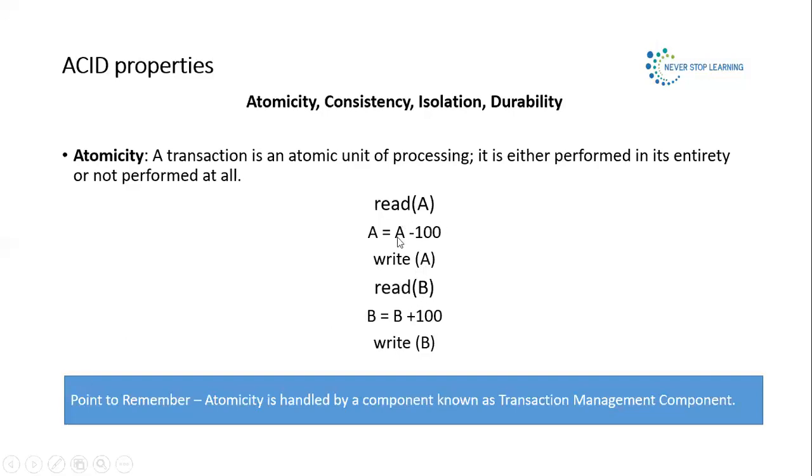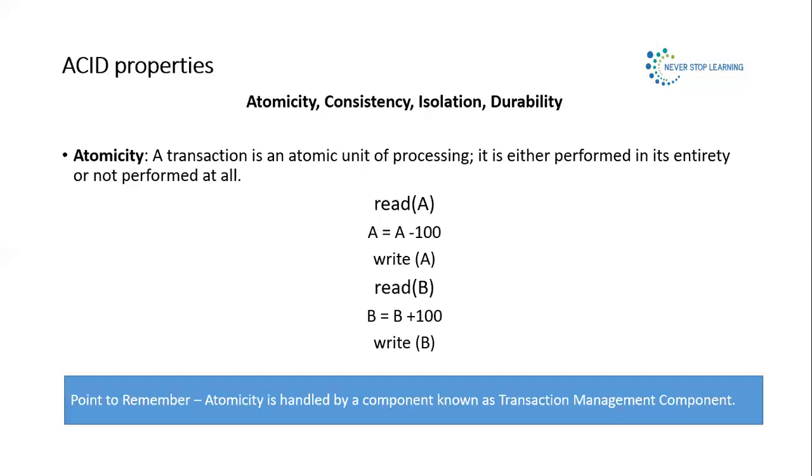Failure occurred. So the amount was deducted, but because of the failure, the amount was not credited. So what will this atomicity property ensure? It will ensure that instead of that 900, the value of A will again become 1000. It will restore the previous value of account A, which was 1000 rupees. So either all the instructions of the transaction will execute, otherwise nothing will happen. It will simply roll back to its old value. So this is basically atomicity.